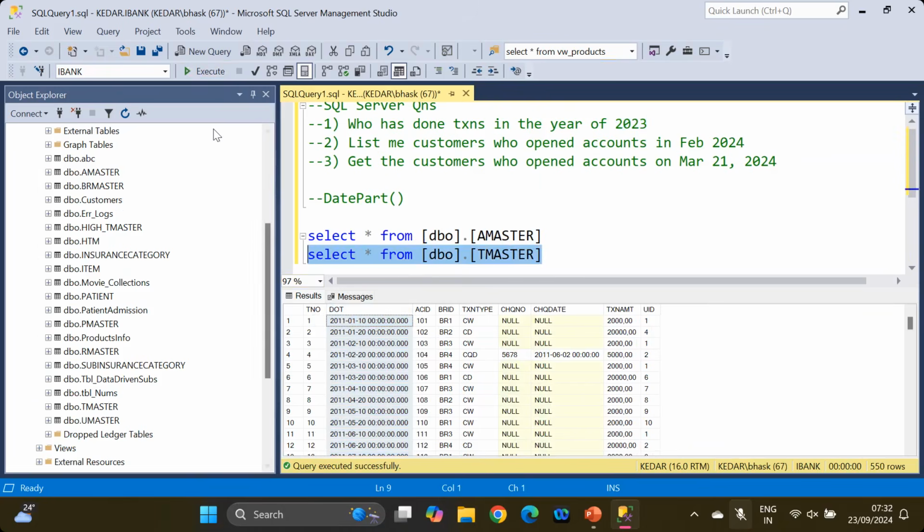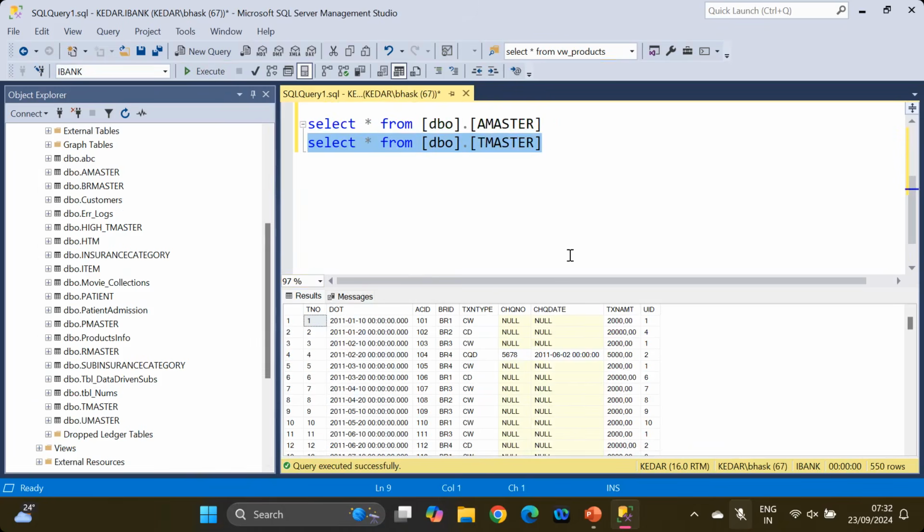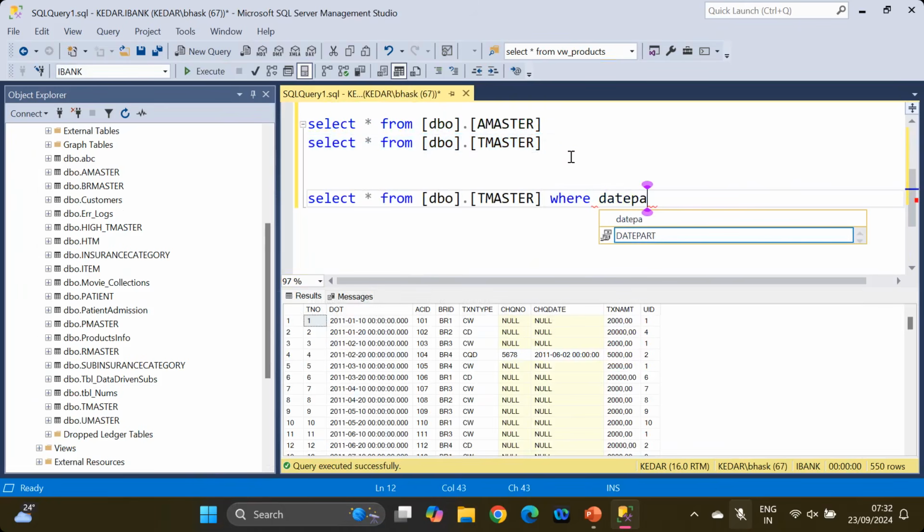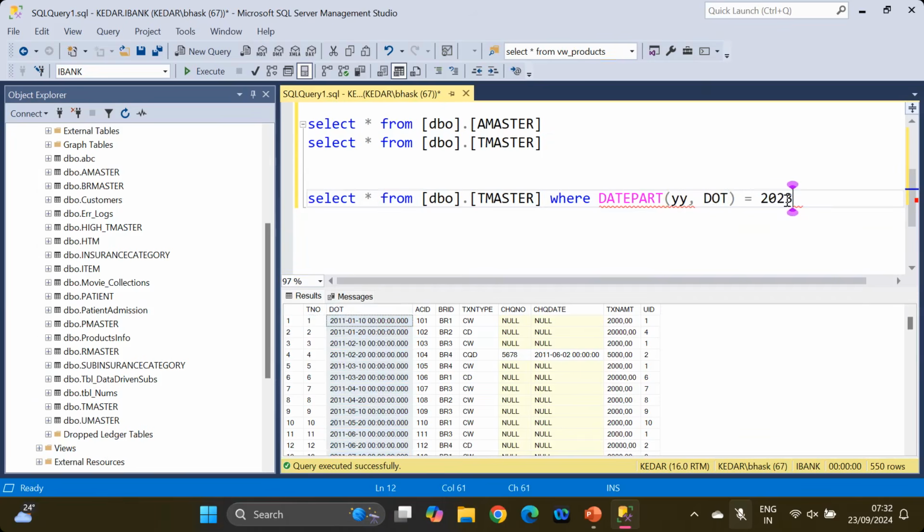I'm going to be using the T master table. So how do you write the query? You need to use where DATEPART. Part means which part of the date you're going to be using. So that one you need to give. When you open the bracket, it is going to tell you interval date, right? So I want to give year interval, so YY, and what is the date related column here? DOT, right? DOT, and close the bracket is equal to 2023. So when you execute it,